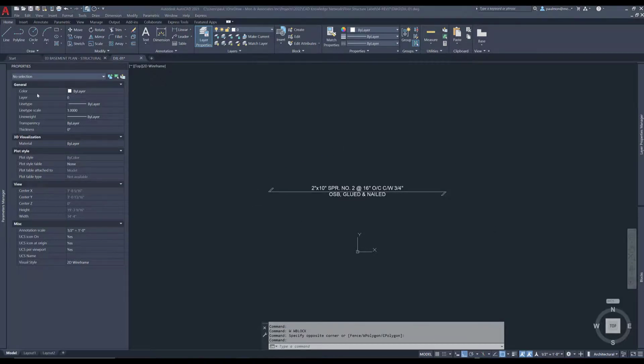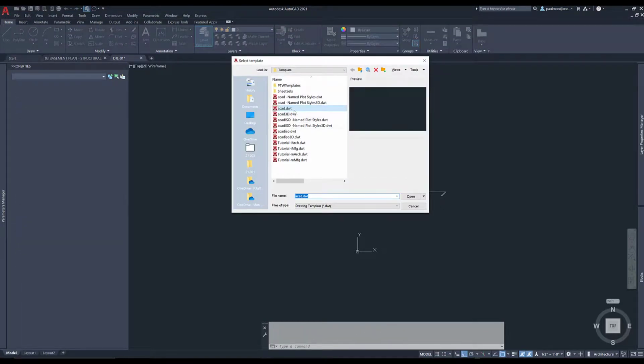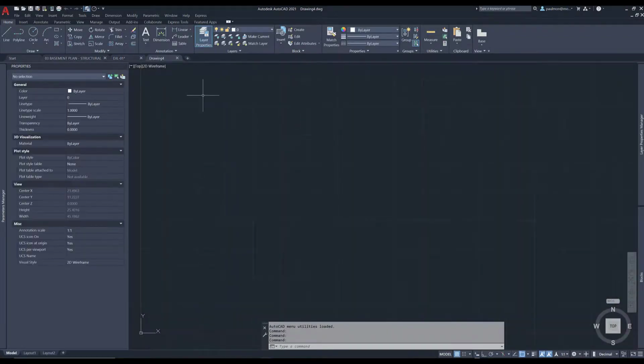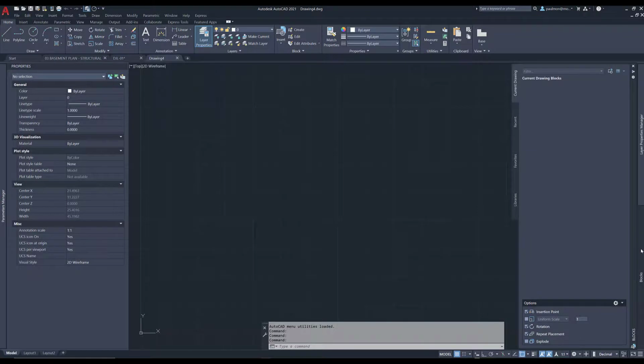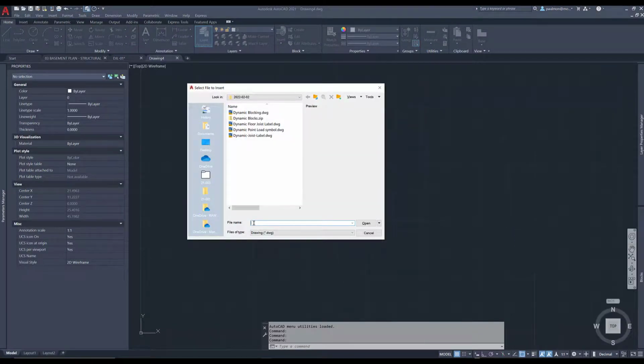You'll write this out as a new file with the block name. Now I'm going to start a new drawing file and test inserting that block we just created. So I'm going to go to new file, and then we're going to select AutoCAD DWT as a template. Select open. We create a new file now, and now we want to insert that block we wrote out from another drawing. So we're going to click on the block tab here, and then click on this little icon here. Just click, and then we're going to paste the path of where we wrote that block to. So I'm just going to Control V, paste the path in there, and this is the block that we just created or wrote out to a new file. I'm going to select open,